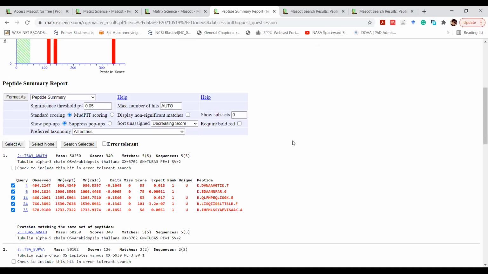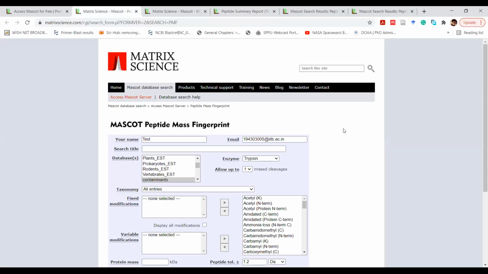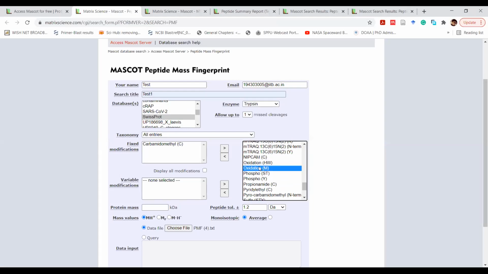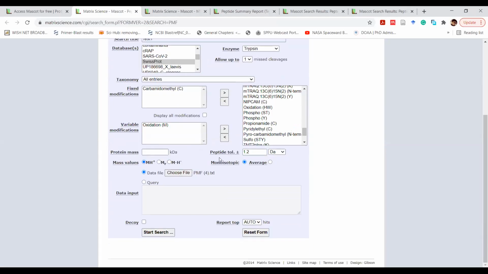Okay, so just a few things are left to speak about. What I have shown you is the MSMS ion search. So what all things are different in case of peptide mass fingerprint? You can do exactly that as we have a little bit of time. All this, the title and so on, are pretty standard. So here also you have to choose a database. Let's choose the Swissprot. These are the same things: the carbamidomethylation as a fixed modification and the oxidation of methionine as a variable modification. Nothing else we are giving as of now.